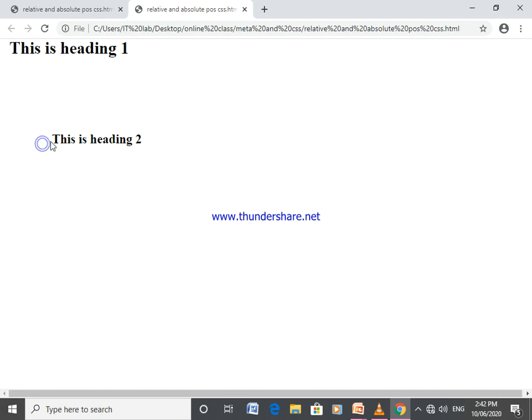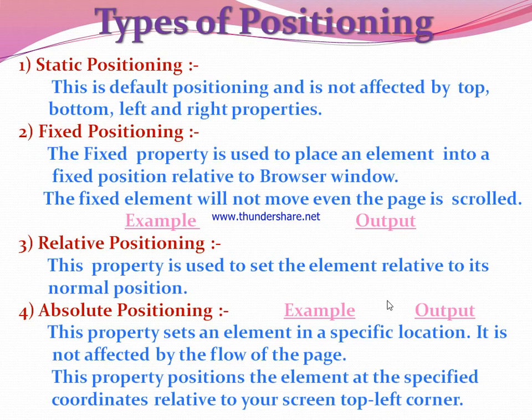You can easily understand the concept of this is 10 and this is 150. So that is the concept of positioning as relative and positioning as absolute. Absolute is placed at the exact location, but relative varies according to the given statements or content of the web page that is already placed on the web page itself. So this is all about the concept of relative and absolute positioning.